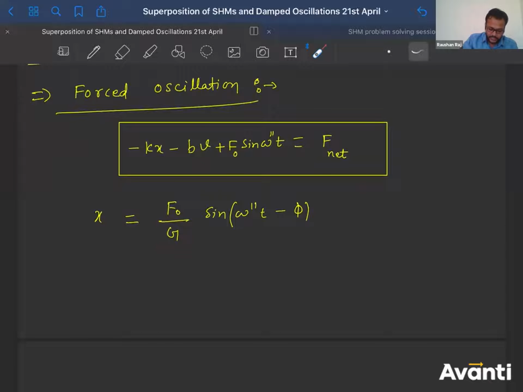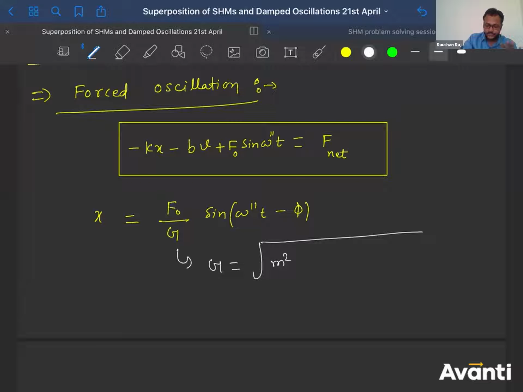So the value of g comes as square root of m square omega double dash square minus omega square whole square plus b square omega double dash square. Believe me, you don't have to remember that. Whatever I'm writing here, the value of g and all, you don't have to remember. I'm just giving you a perspective of how those things come. This is the value of g that will come if you solve this equation. It is very complicated because you have not studied differential equations. Even if you have, solving this equation would not be that easy. So you don't have to worry about this part.